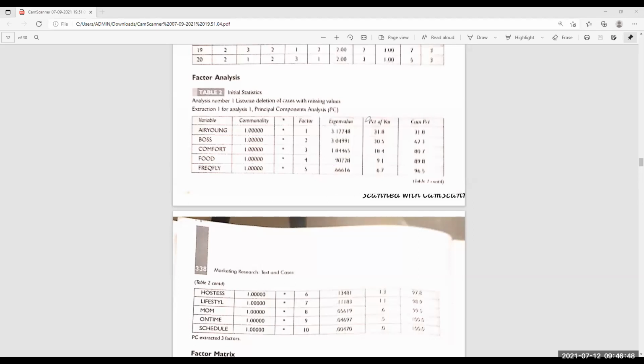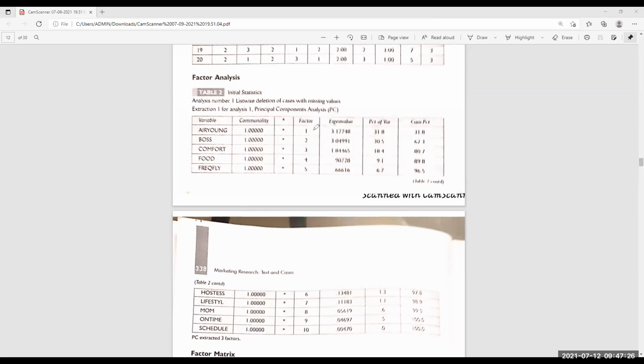listed in descending order, with the highest eigenvalue coming first and reducing as it goes down. So if you see here, it is reducing. The eigenvalue started with 3.177, next was 3.0, next was 1.8, and then 0.9. So you just have to interpret and pick out how many factors you can pick up from this study. For this particular example, 3 factors can be picked up because the 3rd factor has 1.8, and after that the factors have an eigenvalue of less than 1, starting from values like 0.990. The rest of it we don't need to see.